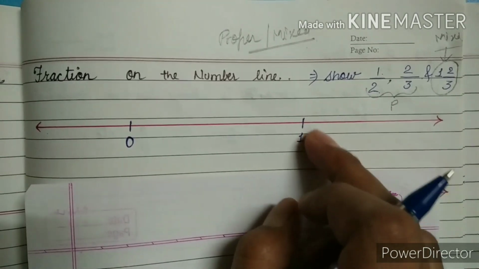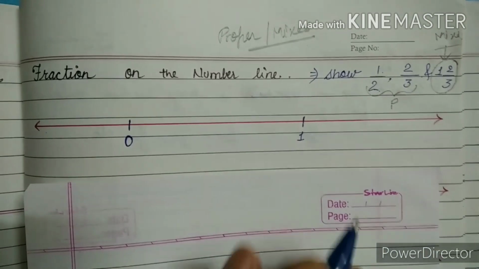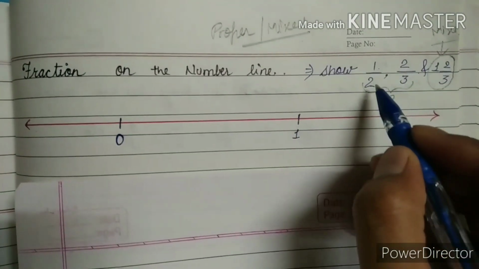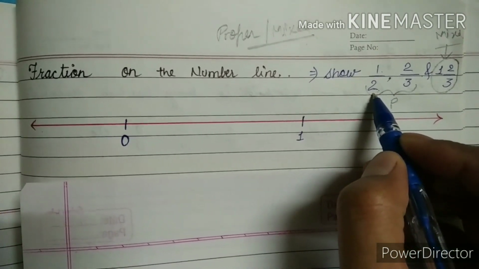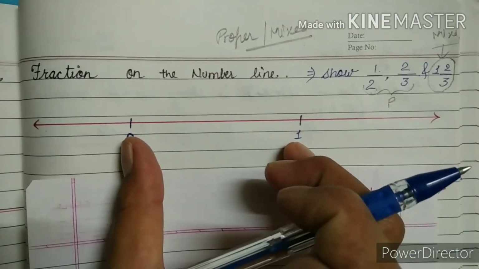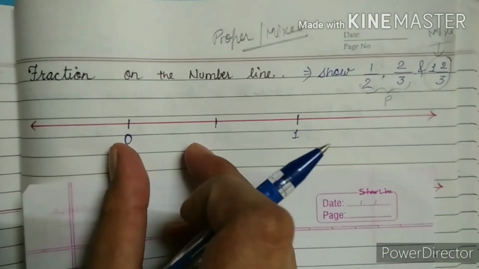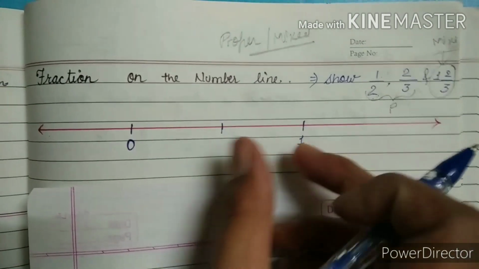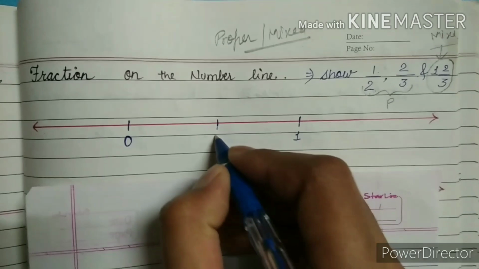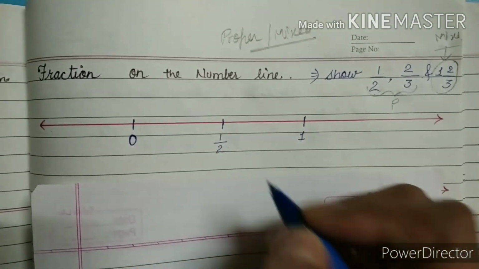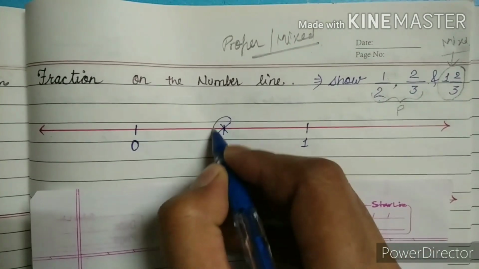1 is representing the whole part which we are dividing. So the total parts will come at the downside, we know, so 2 parts. It means how many parts of this section do we have to make? We have to make only 2 parts. So here this is 1 and this is 2. So 1 by 2 will come in between on the number line. So where do we find 1 by 2? Here is 1 by 2.